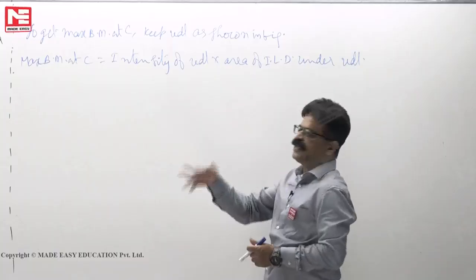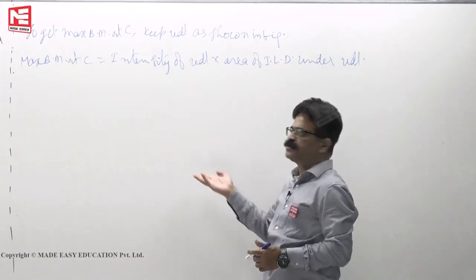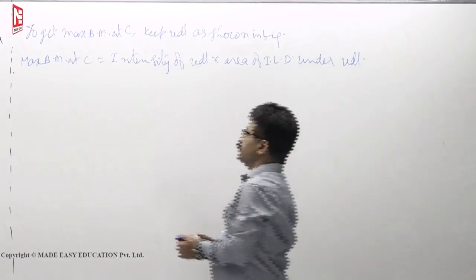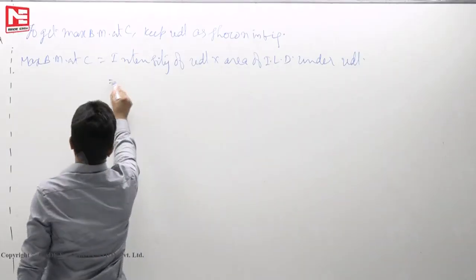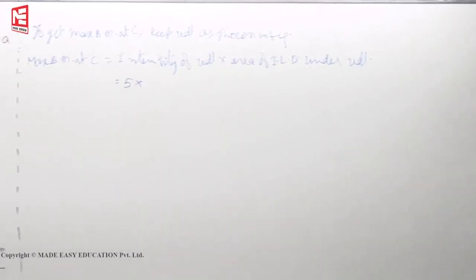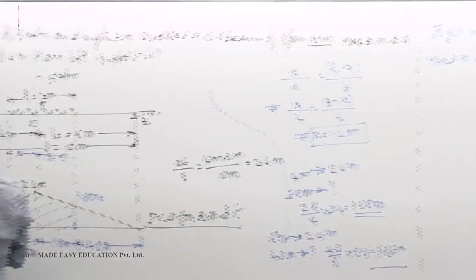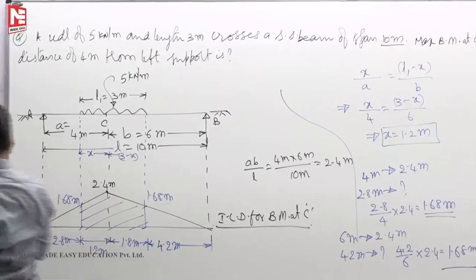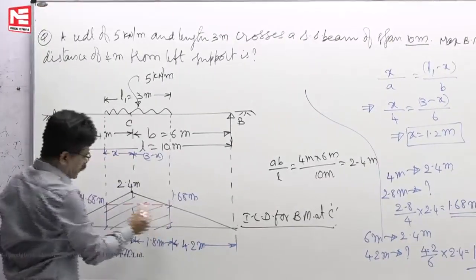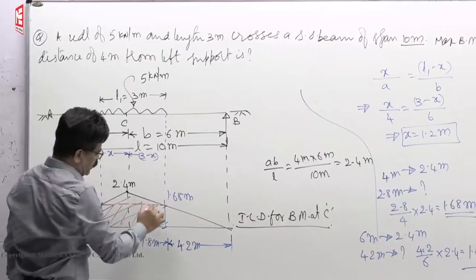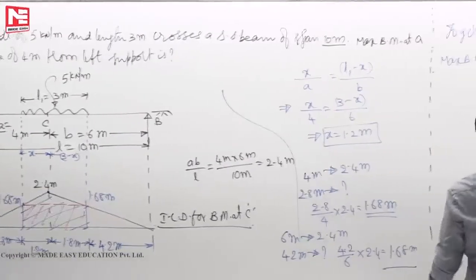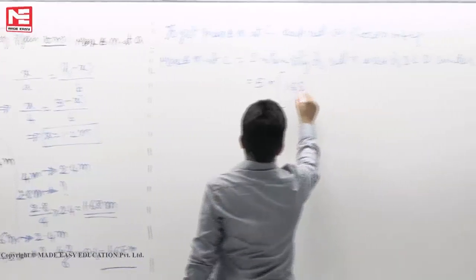Okay. Then VA into 1, it has to be 0. So, VA you will get from this one, intensity into area. Okay. So, intensity of load is 5 kilonewtons per meter into area of ILD, area of trapezium. In the area of trapezium, we will calculate like this. First split into a rectangle, this is the rectangle, then triangle. So, rectangular area you will get like this, 1.68 into 3,